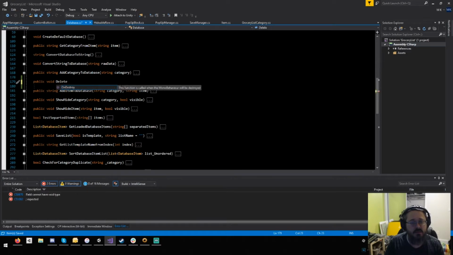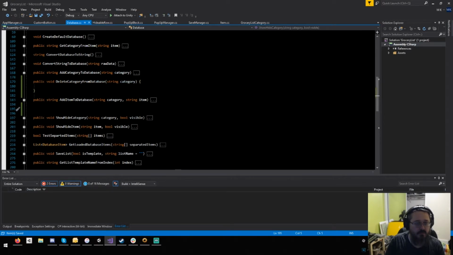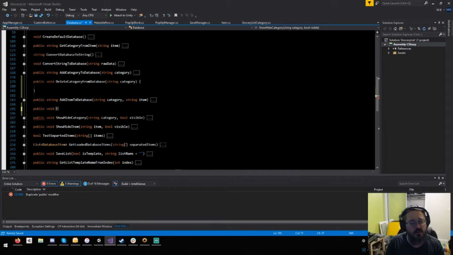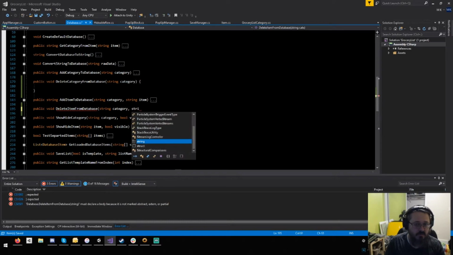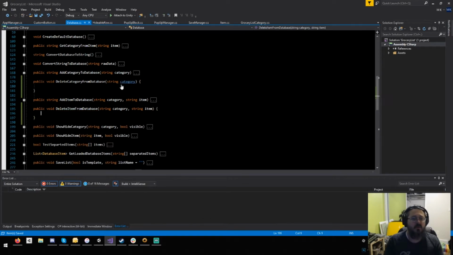Delete category from database, string category, and public void delete item from database with string category and string item. There's an interesting problem, I think, but it will solve itself. If you add a duplicate item,